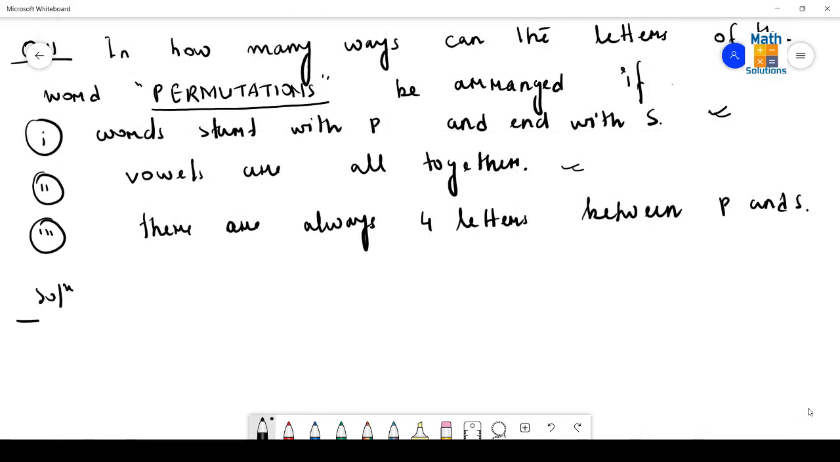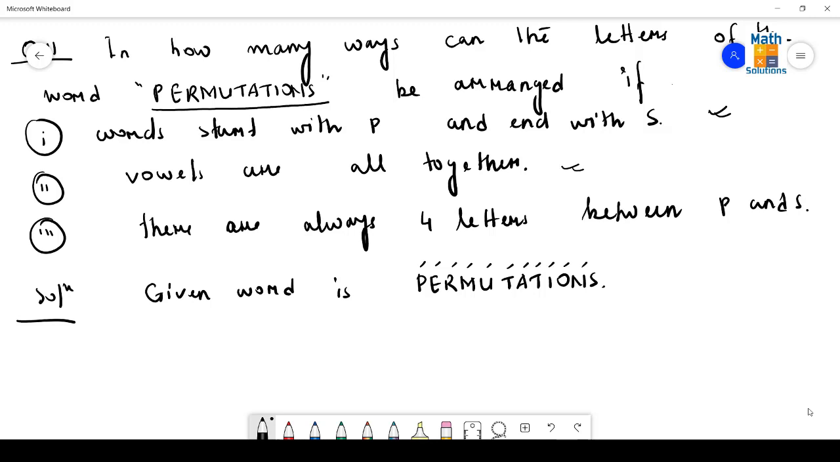Proceeding with the solution. The given word is PERMUTATIONS. Let us first count the letters. How many letters are here? 1 2 3 4 5 6 7 8 9 10 11 12. There are 12 letters we find here. So we can write total number of letters is equal to 12,